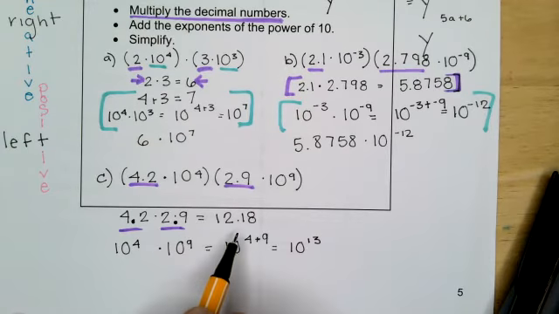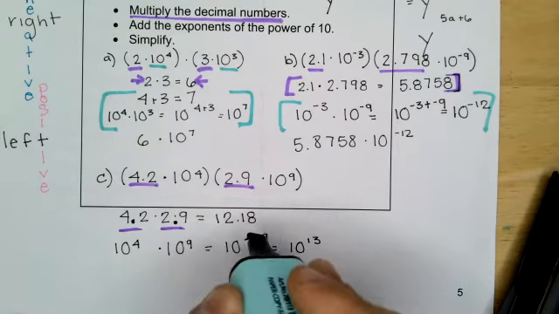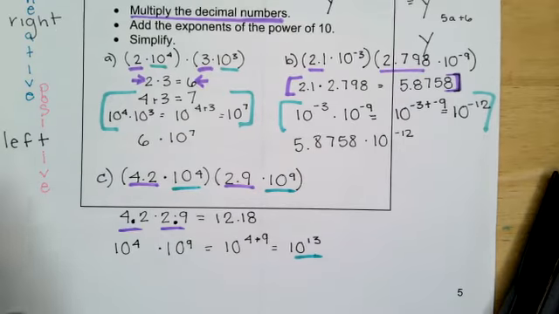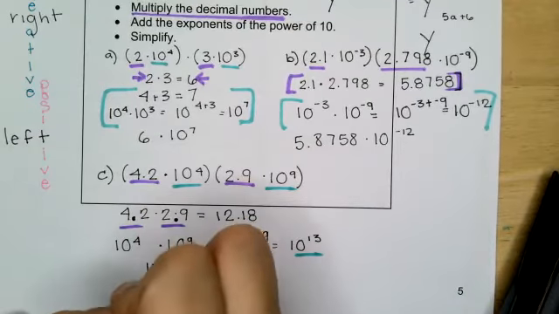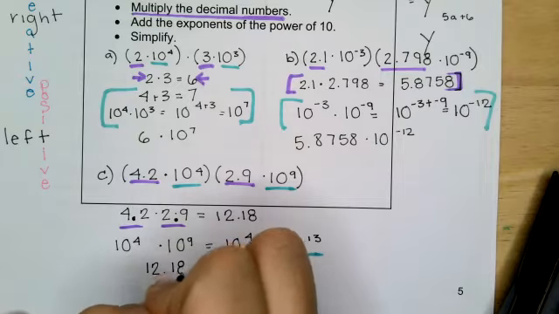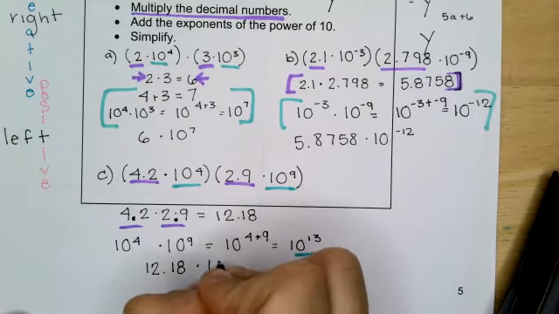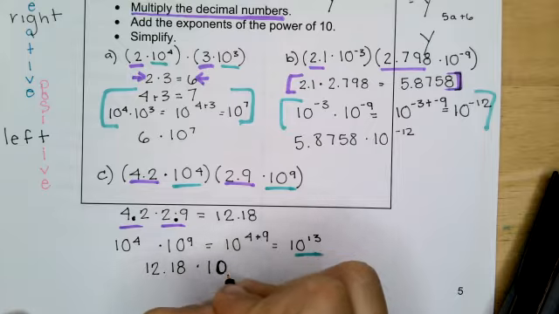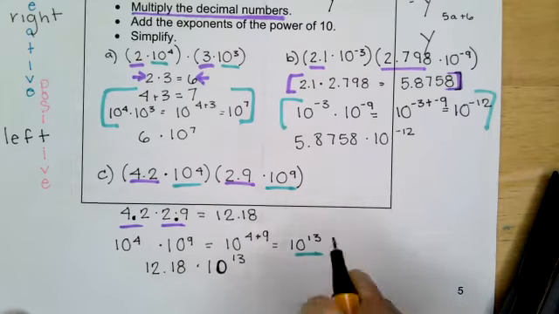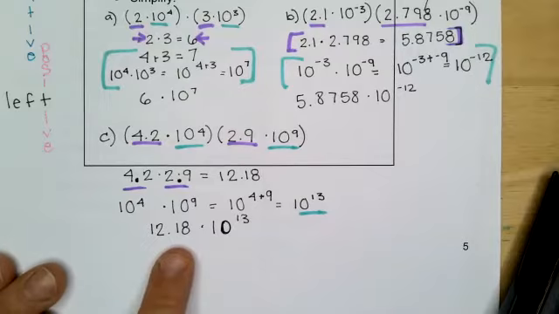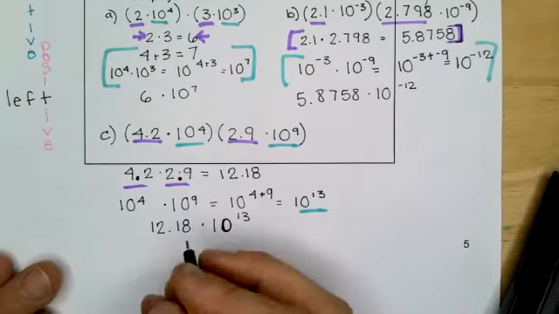All right. Now you have 12.18 times 10 to the power of 13. But this is no longer in scientific notation. So 12.18,